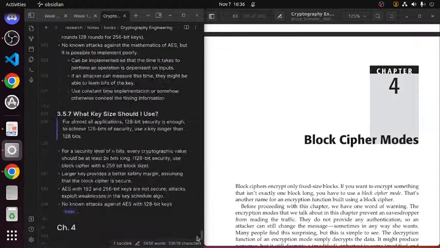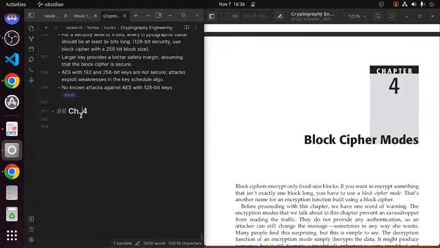CH3 dot. Trying to keep some consistency, you know. So CH4, block cipher modes.